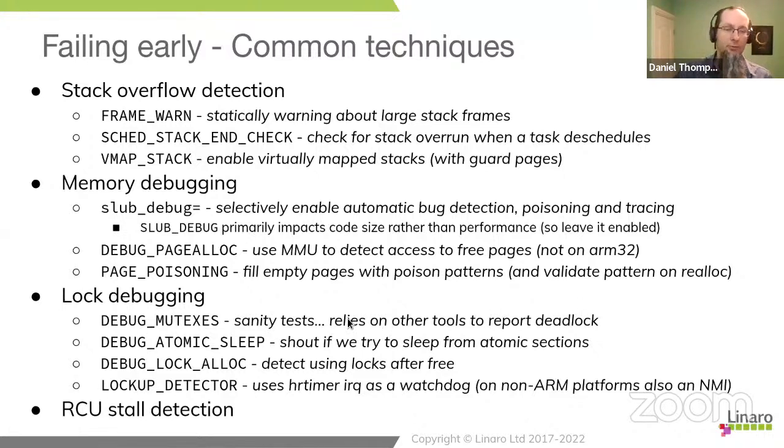So this one is very much there to give you a safety net for beginners. It can also spot problems in other places. The others get rather more aggressive. So things like debug atomic sleep is very, very important and one of the most useful checks. It's there to make sure that you never accidentally call a sleeping lock whilst you are running an execution context where it is not safe to take a sleeping lock.